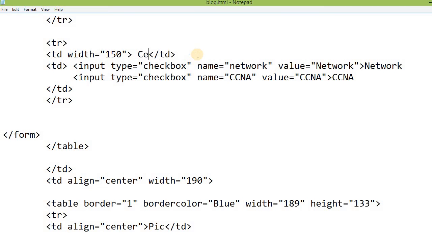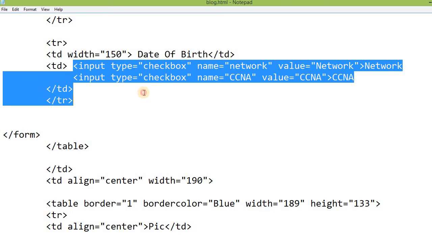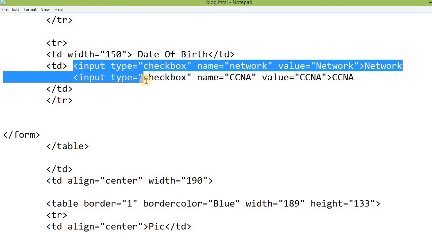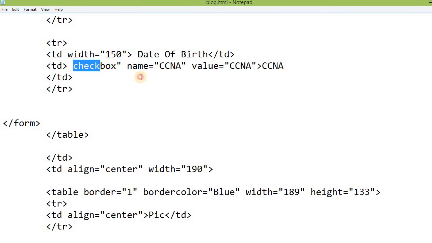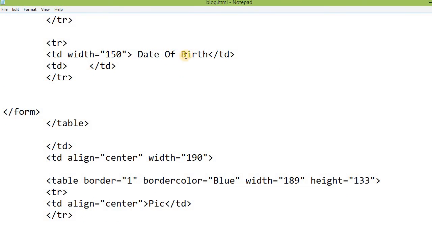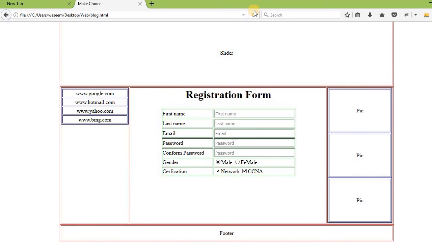Let's say I want to enter the date of birth, so I will write here date of birth, right? And for this purpose what I will do is, so this is my one TD. Let me save this thing, refresh the browser to show you